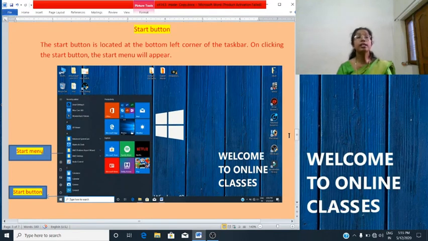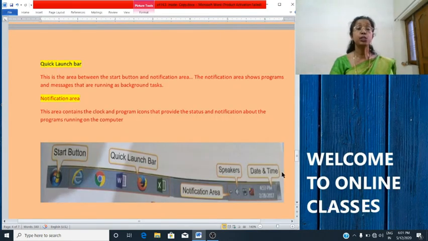The taskbar is divided into start button, notification area, the quick launch bar. Just next to the start button on the taskbar, there is a quick launch bar. This is the area between the start button and notification area.